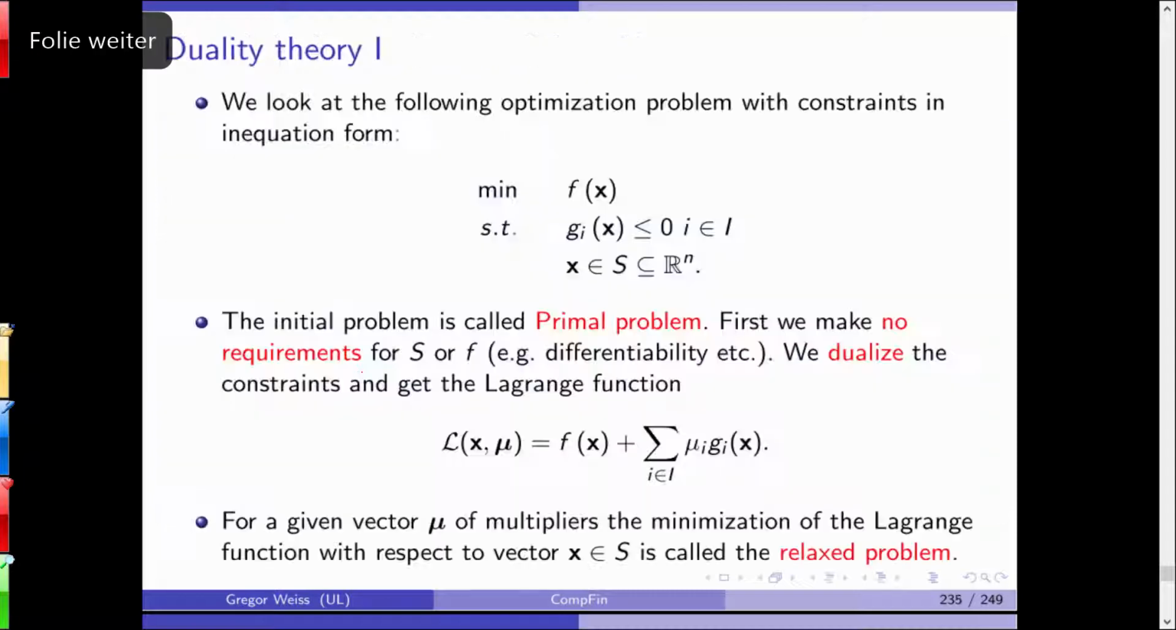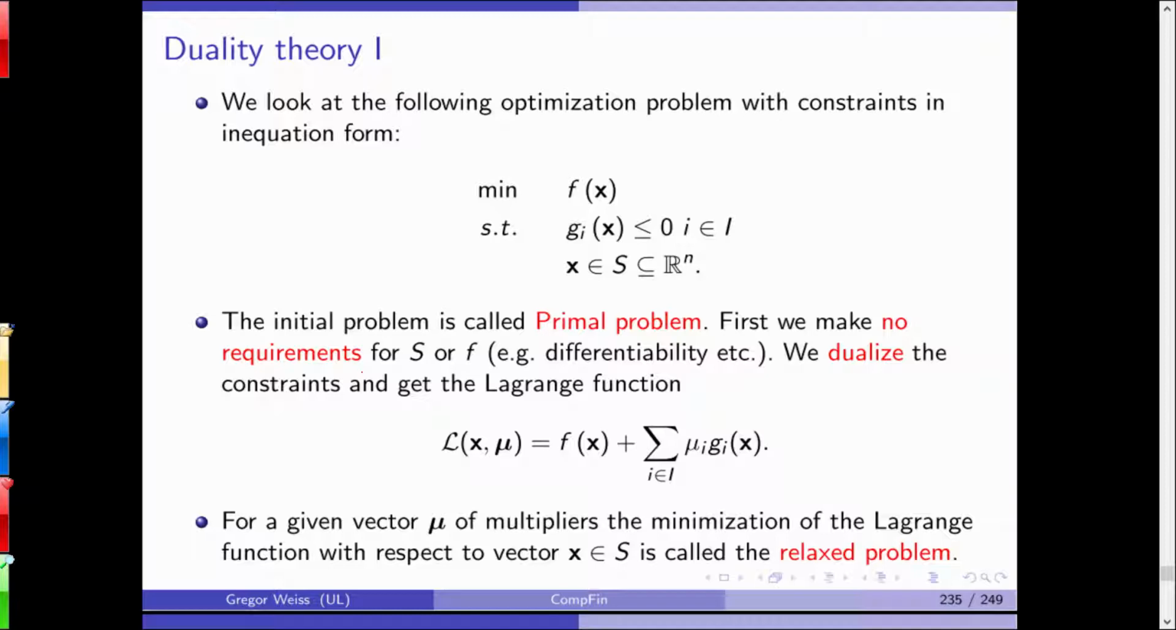And you can change that a little bit, and then you can see how the objective function changes. Okay, Lagrange multipliers. Now, finally, let's turn to duality theory. We want to minimize f still with constraints g_i less or equal than 0. Now, this is what we call the primal problem. We don't require anything about x or f,